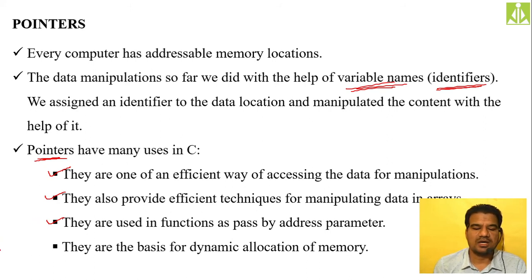And in dynamic memory allocation, this concept very soon we are going to discuss in your fourth unit. Pointers are the means to allocate the memory dynamically. Whatever memory allocations we have done so far are static memory allocations. We have not discussed anything related to dynamic memory allocations. So when we go for dynamic memory allocations, the pointers are the means. Without pointers, dynamic memory allocation is not possible.